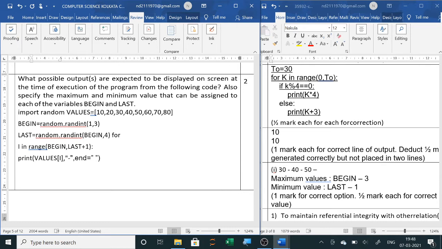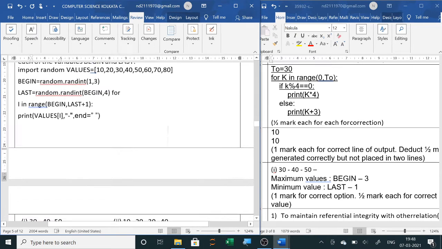And 1, 2, 3, 4 plus 1, 5. So begin, i in range begin. Begin can be 1, 2, 3. So here the output will always go till last plus 1. Last plus 1 can be anything.